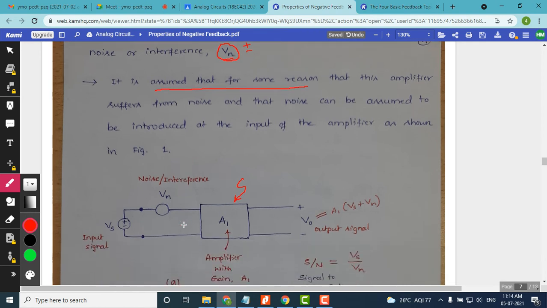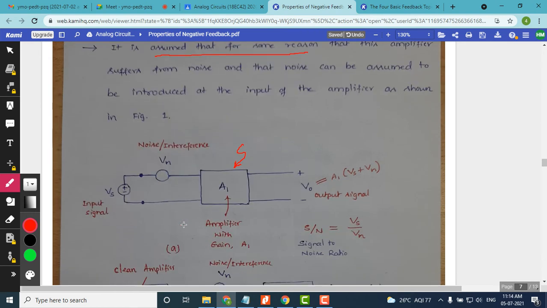This can be understood by looking into the diagram here. This is the diagram which we have picturized here, so that you can understand. This is a basic amplifier. Here we are not specific to either BJT or FET, it can be any type of amplifier. Generally, for any amplifier, let us assume that at the input there is some noise or interference,